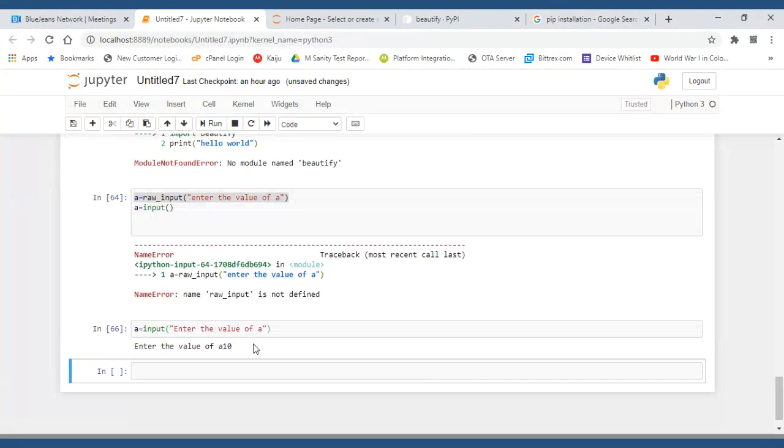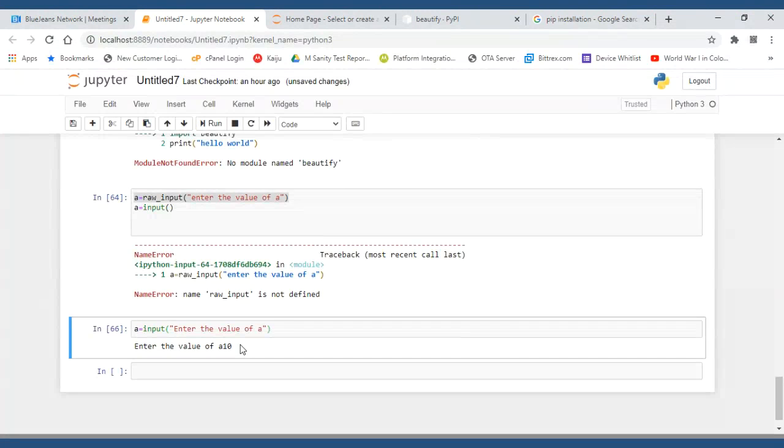Now in Python earlier, if a is equal to 10, what did it used to do, guys? It would automatically typecast. That used to happen, right? Dynamic typecasting, no need to give anything. In Python 2.7, that was not the case. If you gave raw_input, everything would get converted into text, string format only. But that is not the case with the input function in Python 2.x, where, based on the value you give, it typecasts.